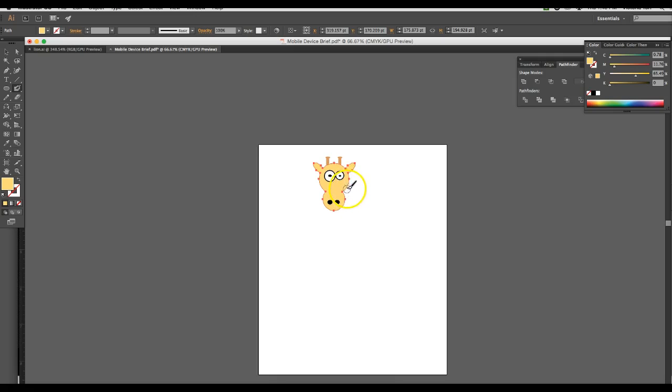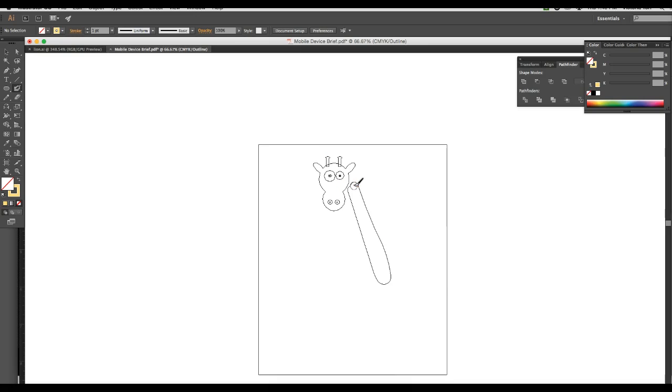And with the blob brush, it's going to adjoin this shape of my giraffe unless I do it separately. And I think I want my head separate from my body. But here's going to be my giraffe's neck, and I'm just painting this. But when I'm done, you'll see the giraffe's neck get fatter. You'll see that if I go to Command Y and view it, it made just one shape for me. And as long as I continue to draw in this shape,